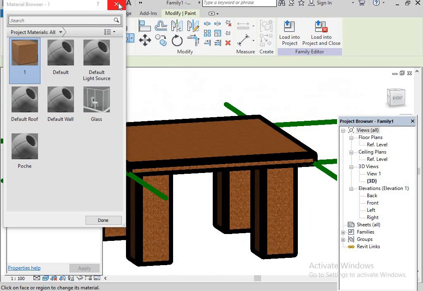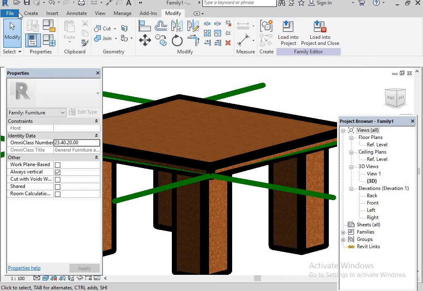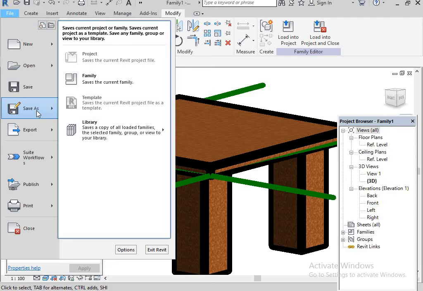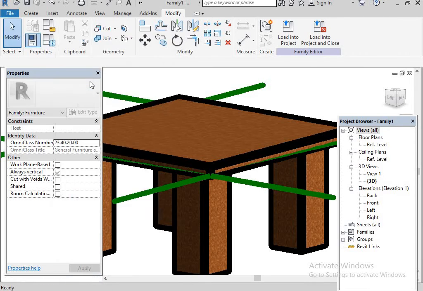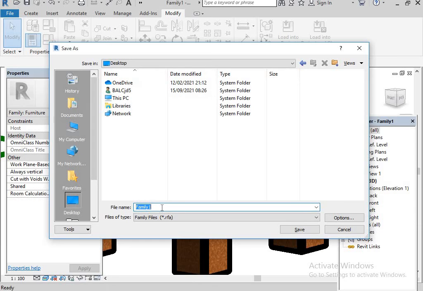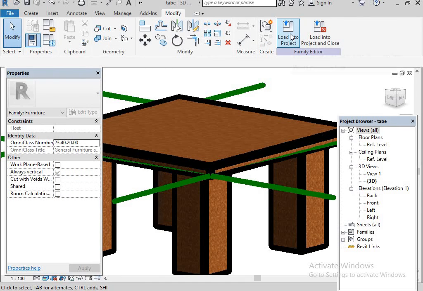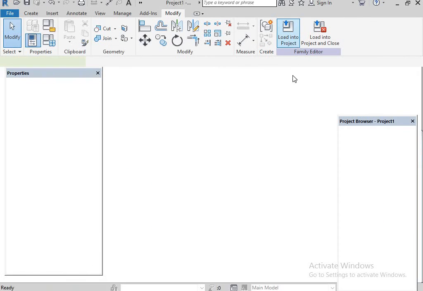See, our table is ready. Then how we can load this: just see here, or else if you need it multiple times, go here, Save As, where you need you can save the family. Here I'm just going to the desktop, naming it table, save. So load into project, see,